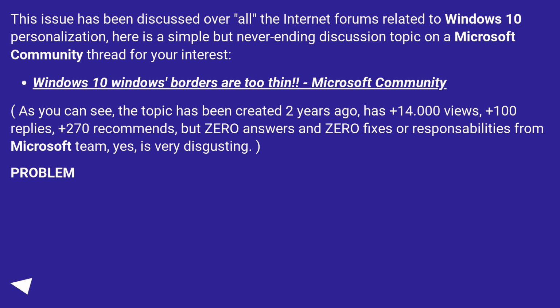This issue has been discussed over all the internet forums related to Windows 10 personalization. Here is a simple but never-ending discussion topic on a Microsoft community thread for your interest. Windows 10 window borders are too thin, Microsoft community. As you can see, the topic was created 2 years ago, has plus 14,000 views, plus 100 replies, plus 270 recommends, but 0 answers and 0 fixes or responsibilities from the Microsoft team. Yes, it is very disgusting. Problem: